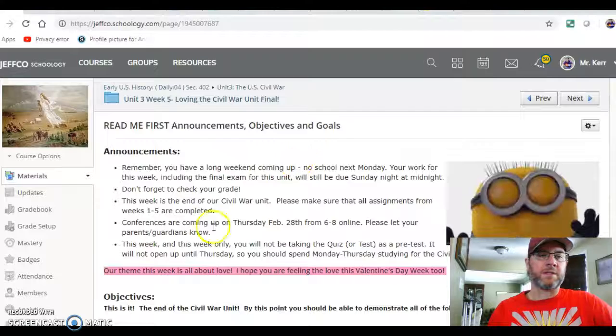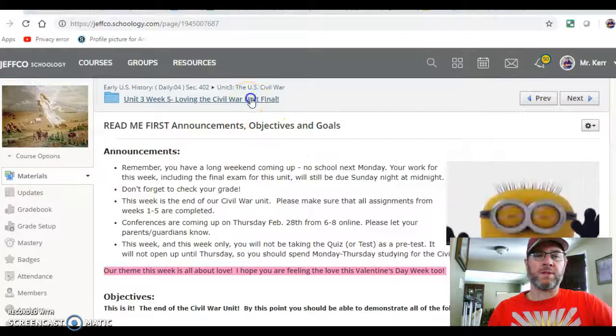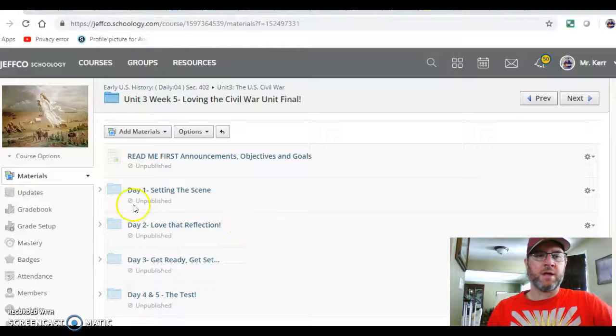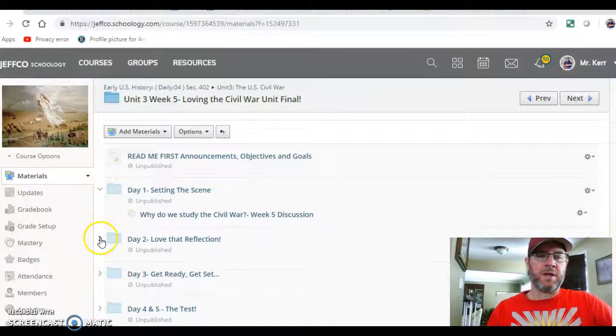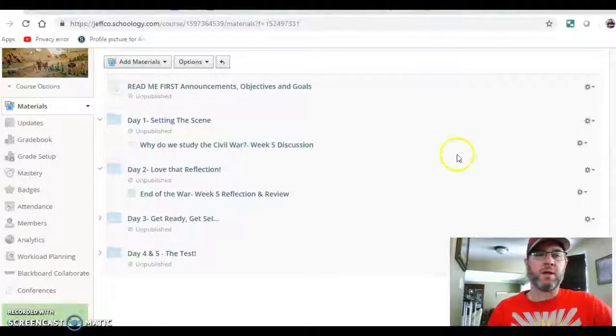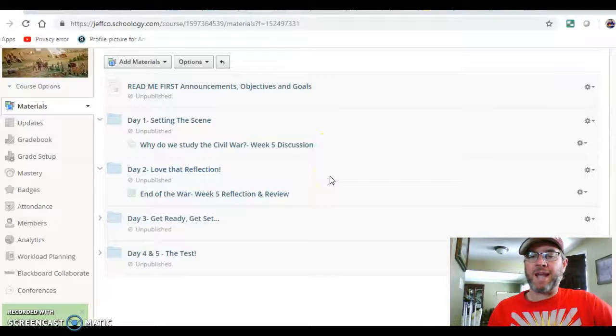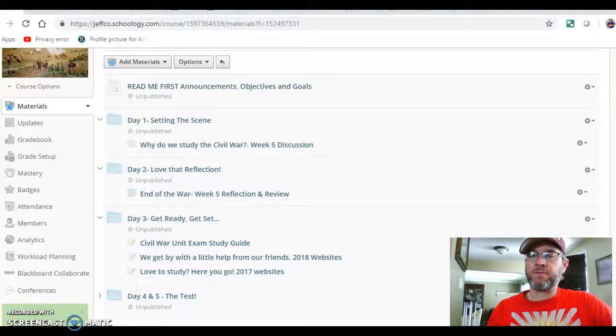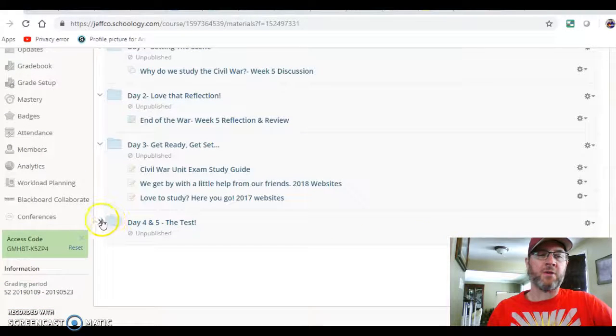As it says, make sure you know that this week you do not have a weekly quiz to take on Monday. You do have a discussion board and then a reflection paragraph to turn in. These both should be done after you have done some review, primarily over last week, but really the last 4 weeks of the Civil War. And then some more review stuff, week 3, week 4, and 5 rolled together.